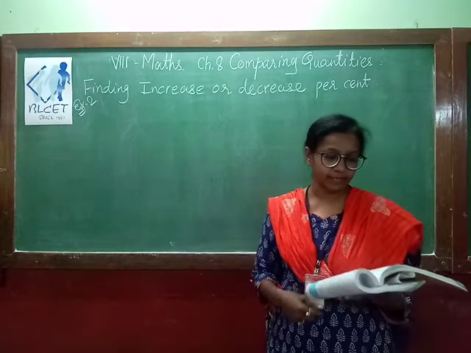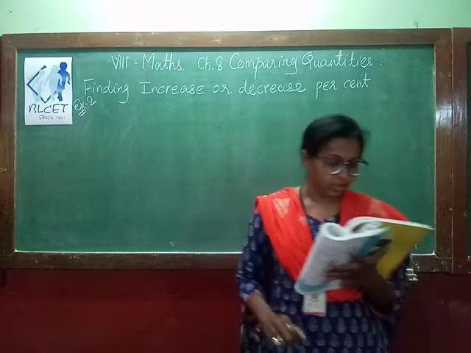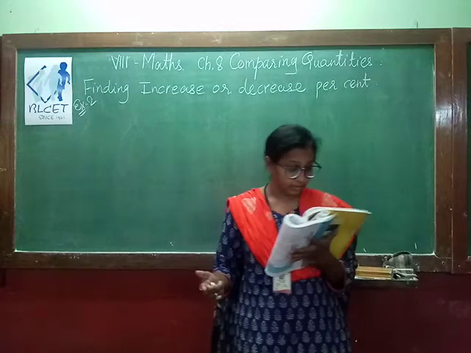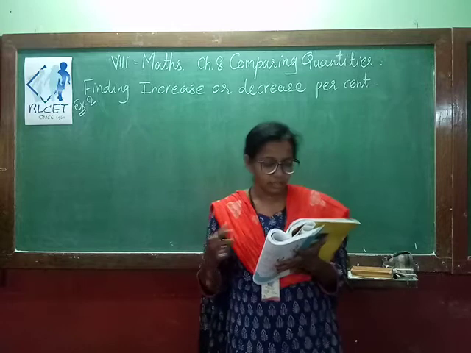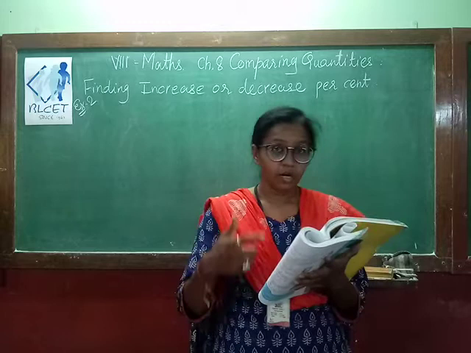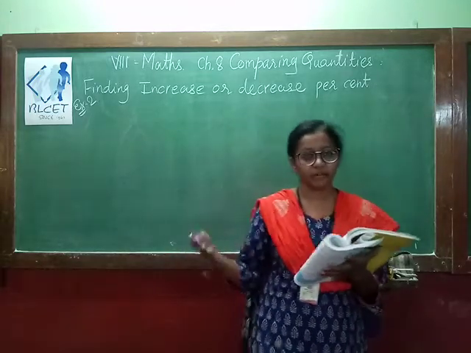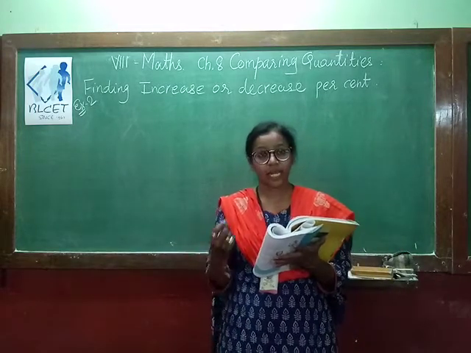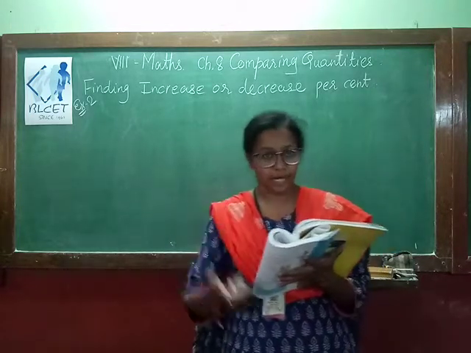See in your textbook, the example is given. I am just reading the concept. We often come across such information in our daily life as 25% off on mark price. Normally in festival time, there is some kind of discount or some kind of percentage offered, that 25% off on mark price or 55% off on mark price or 10% off on mark price. So that means they are just giving you benefits on that particular mark price.